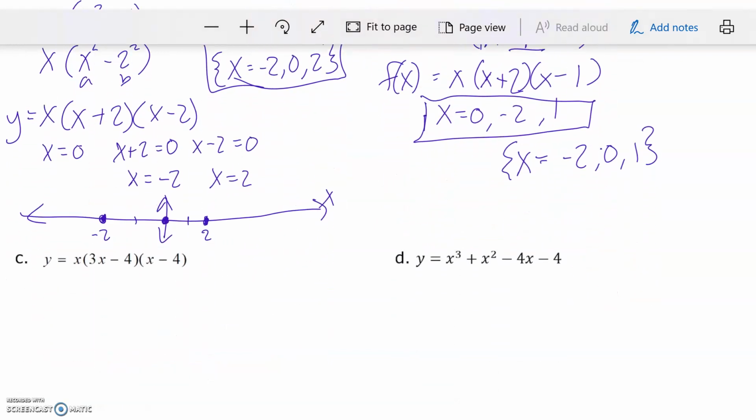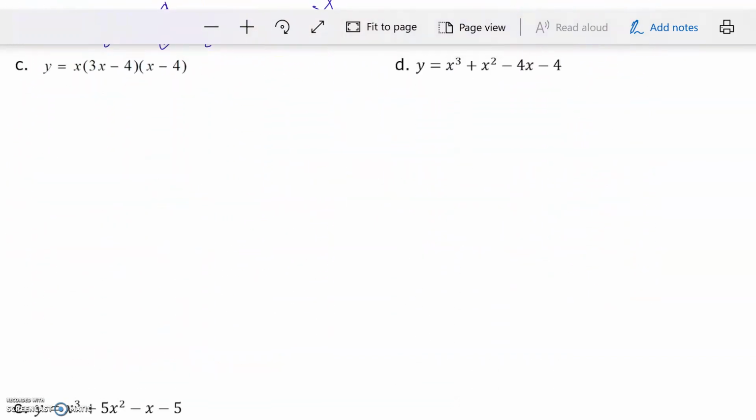So let's go ahead and take a look at C. Now, if you notice C, there's nothing to factor out anymore. They actually give you the terms. So we can go ahead and set each of those equal to 0. So we have 3x minus 4 equals 0, and then also x minus 4 equals 0. The last one and the first one are easy to figure out. X equals 0, and this one would be x